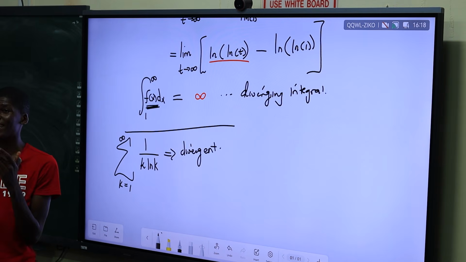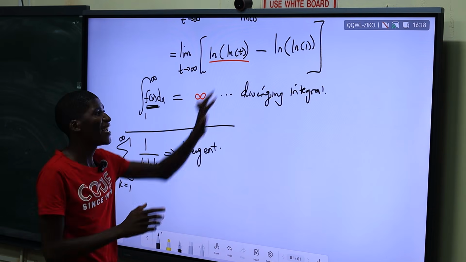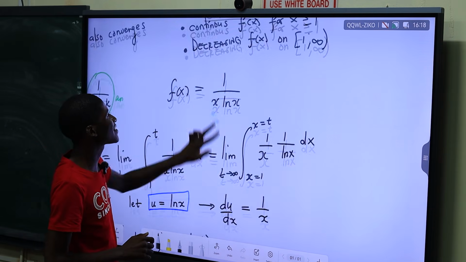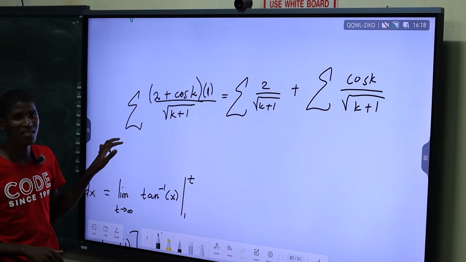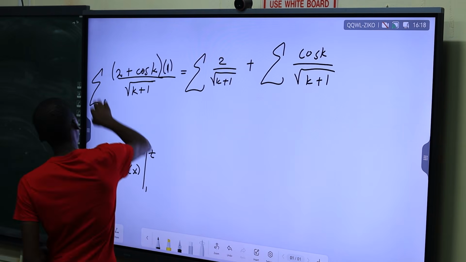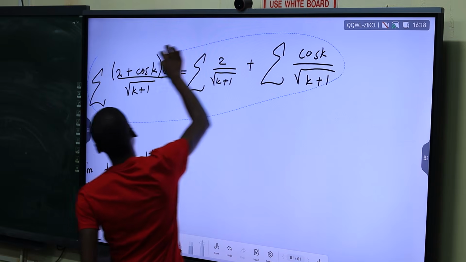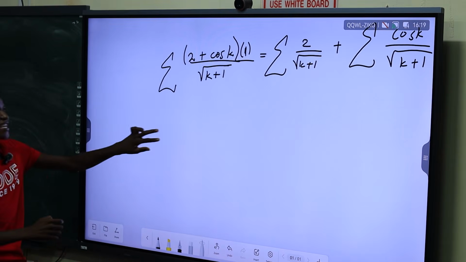I wanted to introduce the integral test before we attempt the problem that the student brought. When our brother brought us a problem we could not solve, we used the comparison test there. Okay, let's try to see if we can use the integral test. Let me find the problem. It was somewhere here. Let me look for it. This one, right? This is the problem, right? Yeah. I think now that I've introduced the integral test, let's attempt it now.